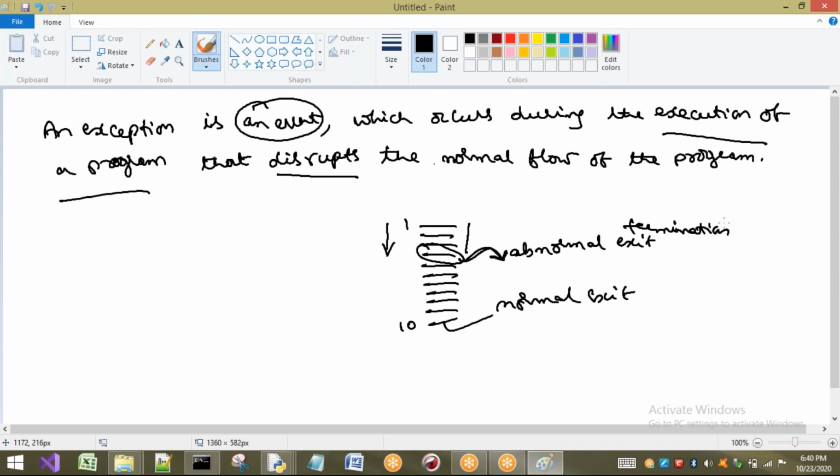So because of this small exception, is there any need of stopping the entire large program, or small program also? Is there any need? No, I will not do that. Then what will I do? I will handle it, so I will go to the concept of exception handling. I will handle it, I will not leave it. If I leave it, because of that exception, the entire program is going to be stopped.